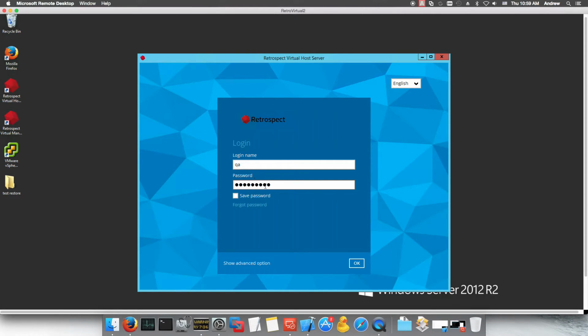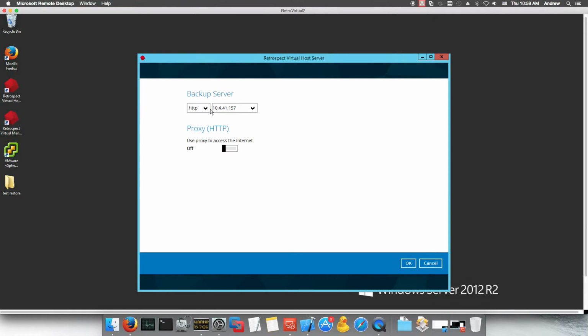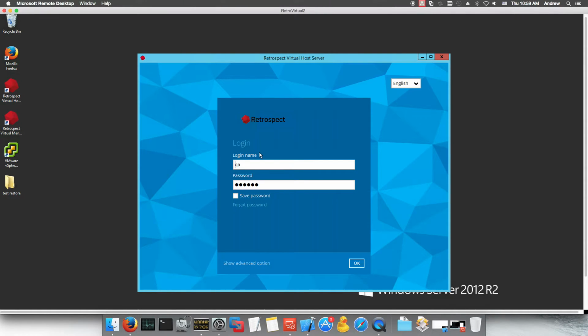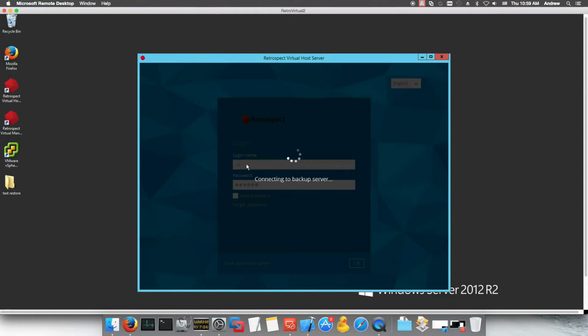As I log in, one thing to mention after this is first installed, you want to click on Show Advanced option, and you want to point it to the backup server, and you can change it between HTTP or HTTPS, and if you need to set up a proxy, you can. But that is the server that I'm going to be logging into. So once logged in, you'll get these options